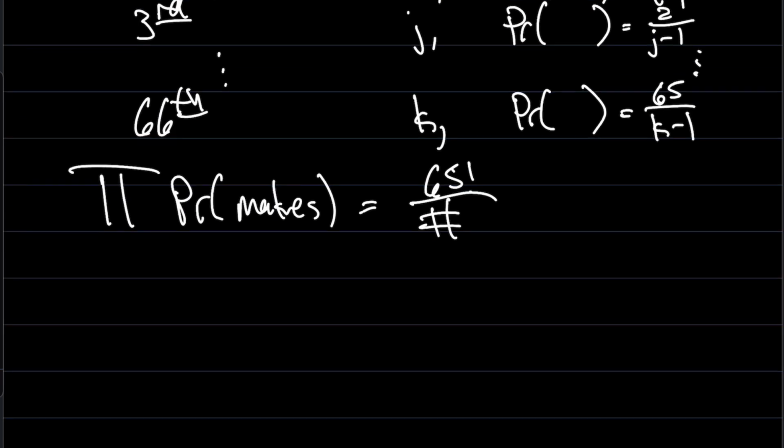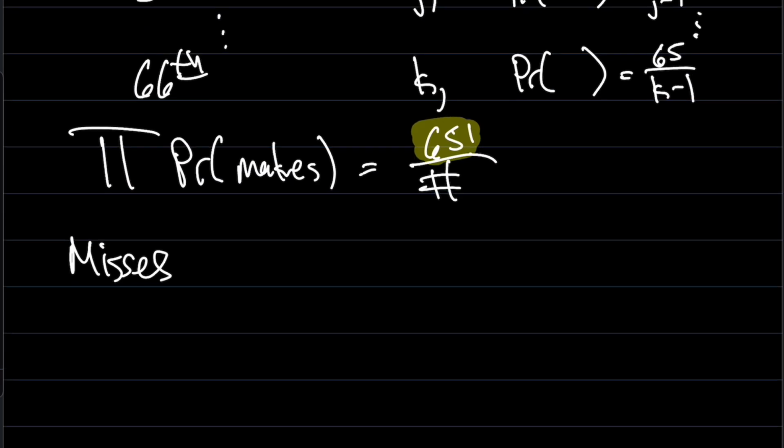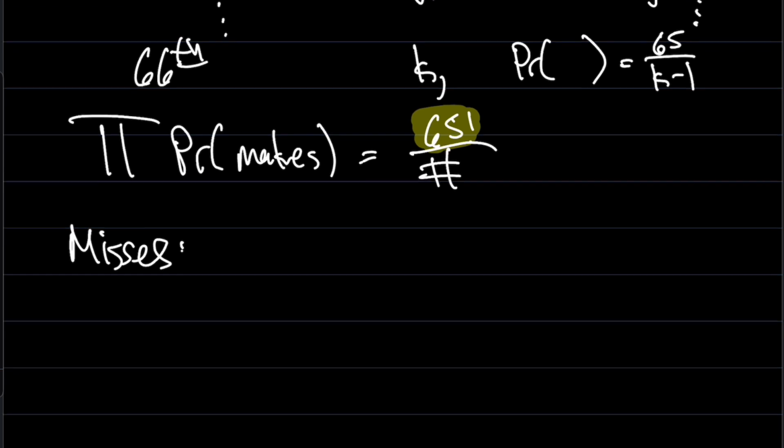And then we can do the same exact thing for our misses. But it's really important to note that this is a great point to be at because we have something that has this numerator that's an actual number. And then we have a denominator that, while it's not a number, we know exactly what the denominator will end up being. So we can repeat this same exact logic for our misses, where if we have given